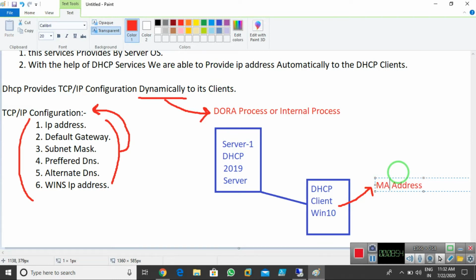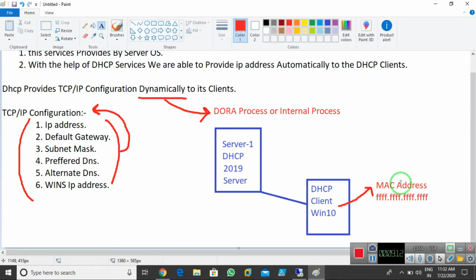So with the help of the MAC address, it starts doing a broadcast, using a MAC address like FFFF.FFFF.FFFF, something like this.